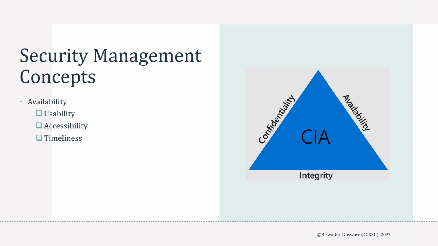And finally, availability refers to the idea that information should be accessible to authorized users when they need it. For example, if they are trying to access a website, you want to be sure that the website is available and that you can access it without any issues. For availability, an example would be a website that is always accessible to users.